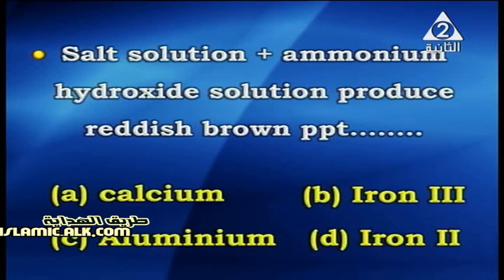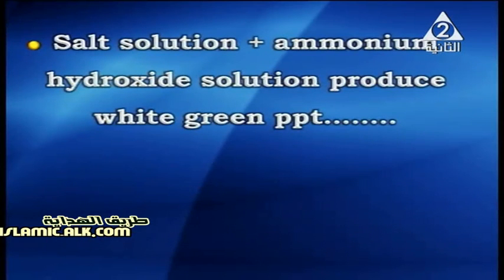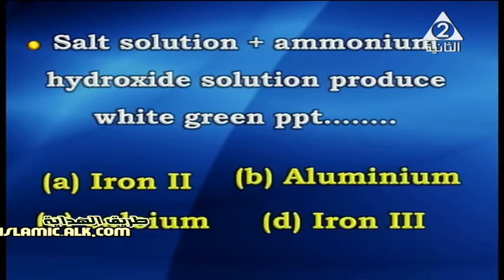Is it calcium, iron 3, aluminum, iron 2? Yes, it will be iron 3. Next one, the salt solution plus ammonium hydroxide solution produce white green precipitate of what? Is it iron 2, aluminum, calcium, iron 3? If you think about it, yes, it will be